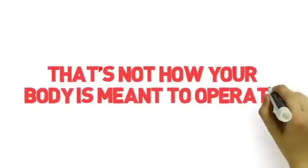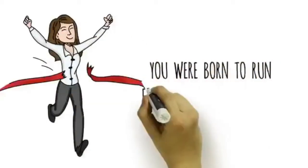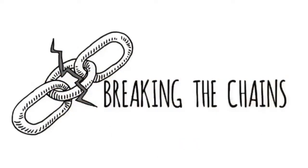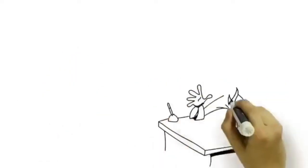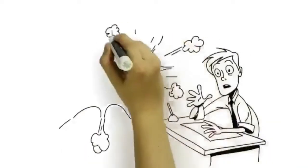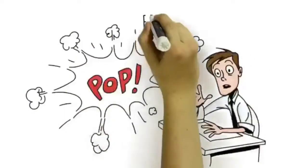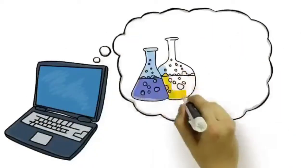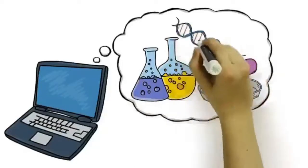Rolls around? That's not how your body is meant to operate. You were born to run efficiently and effectively with an abundance of energy. Imagine breaking the chains of constant hunger while maintaining your strength. Now you can go all day being fully alert and hyper-aware, and being able to fully power your brain. Today, with our proven formula, you'll quickly hack your body's own biochemistry to provide limitless energy,